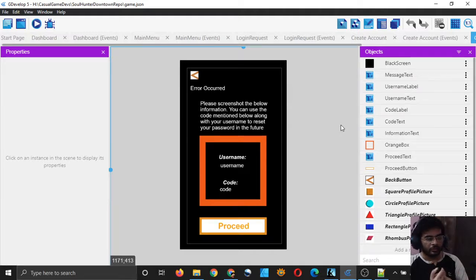Now all we have to do is display the leaderboard, local leaderboard and global leaderboard, and we also have to create two more scenes where the user can change their profile picture, and the second one where the user can reset their password. And we need a third scene also, which is a scene using which the user can delete their accounts. So we have lots of things to do, and we will do them slowly in the subsequent videos.